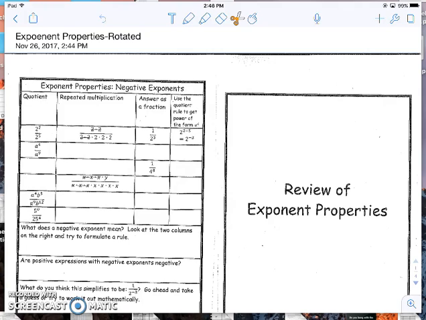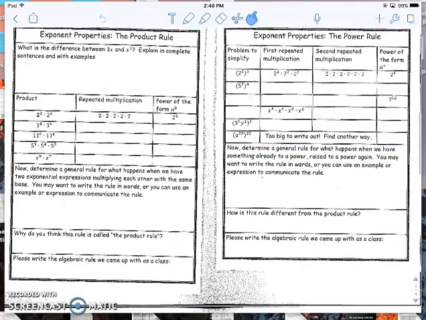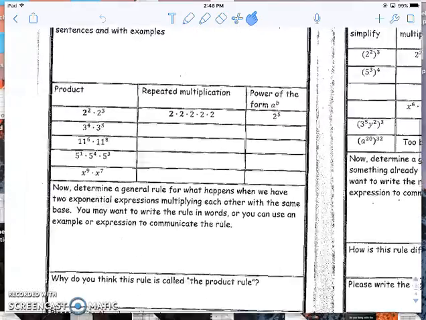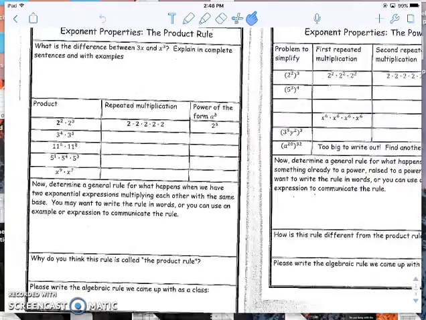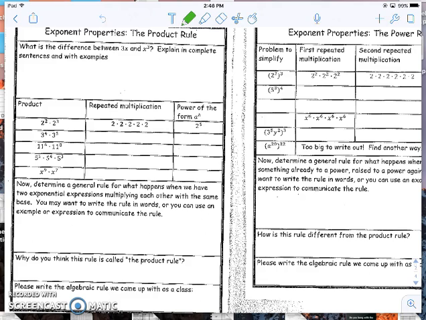So today what we're going to do is review properties of exponents. You have this small booklet, and I'm going to ask that you pause and start going through these on your own and see what you remember from previous years. So the first one,